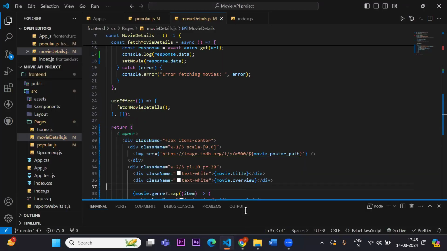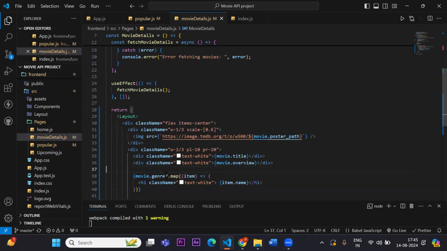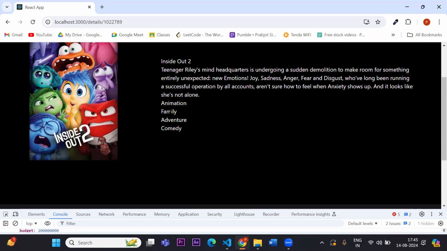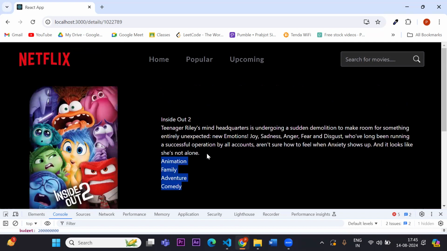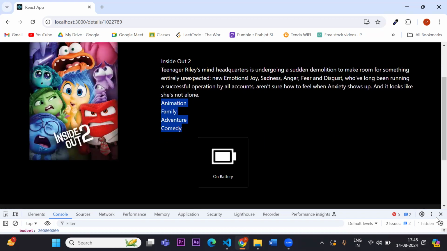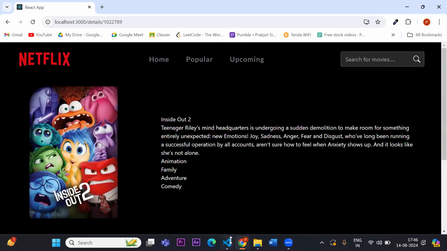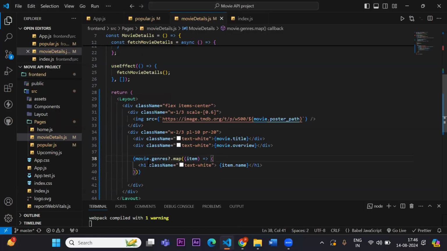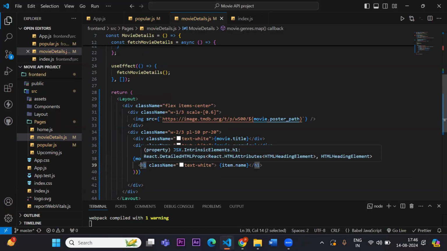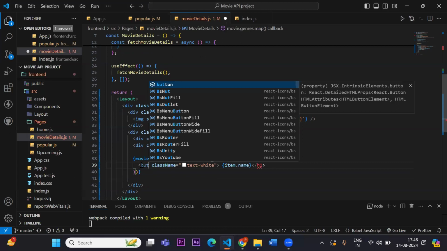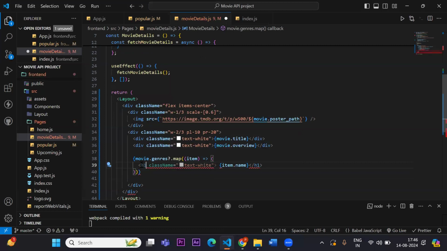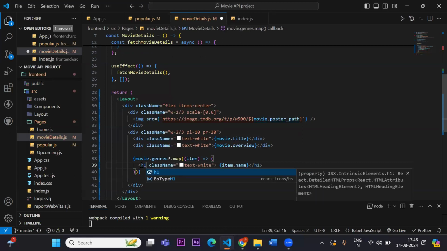Movie dot genre. I think it was genres. Yeah. Now we got this, and after that, now let's stylize this for a minute. So we can create it in a form of buttons instead of, no, not even button. Like keep it H1 and give it